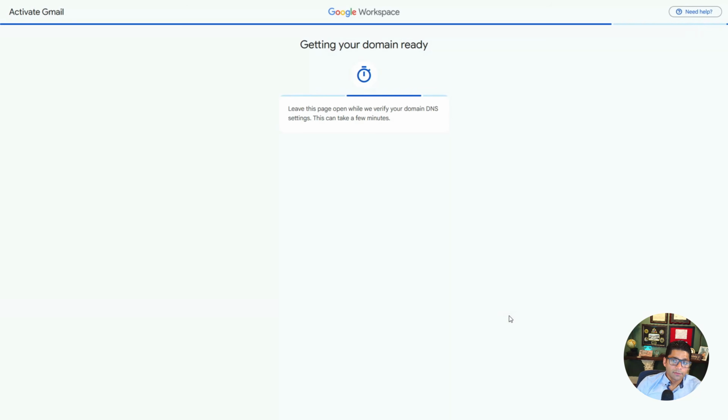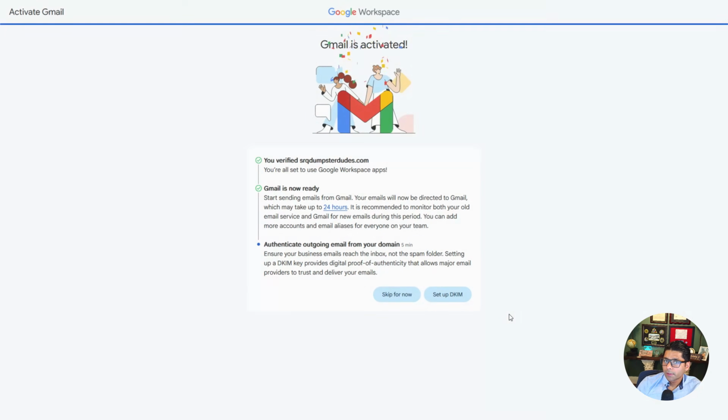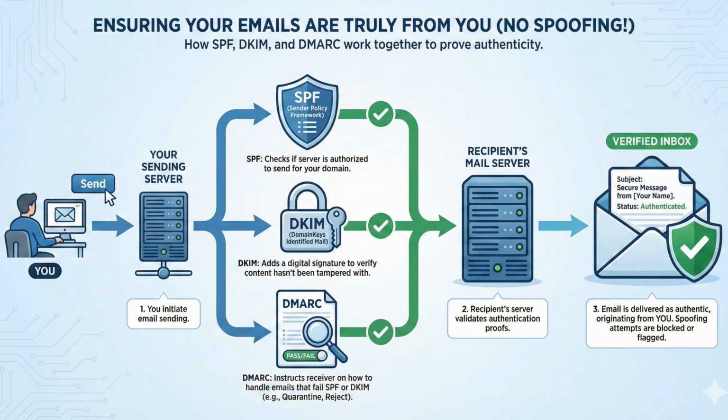So now we're going to verify if the MX record was set up properly. And looks like we did. Gmail is activated. Next up is authenticate outgoing email from your domain. What does that mean? That means when your emails are leaving your inboxes, those emails were actually originated by you,